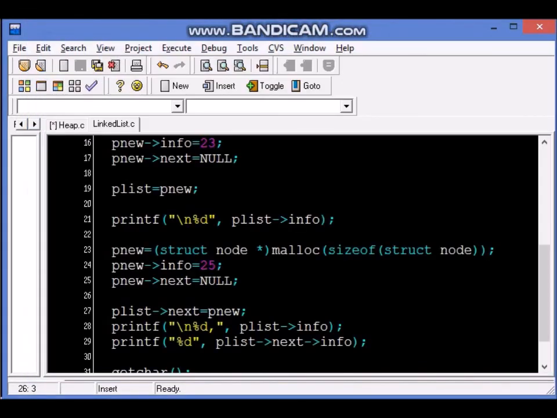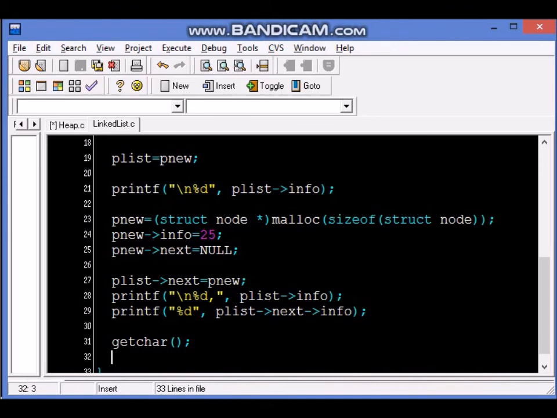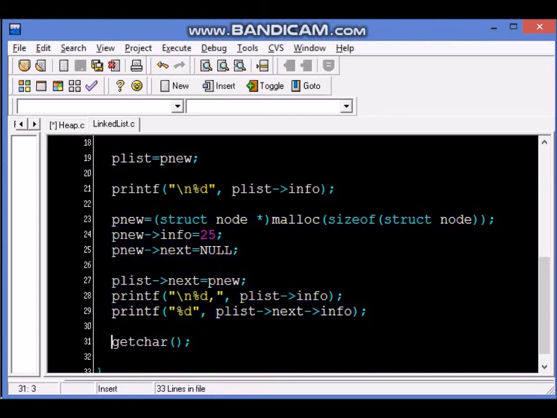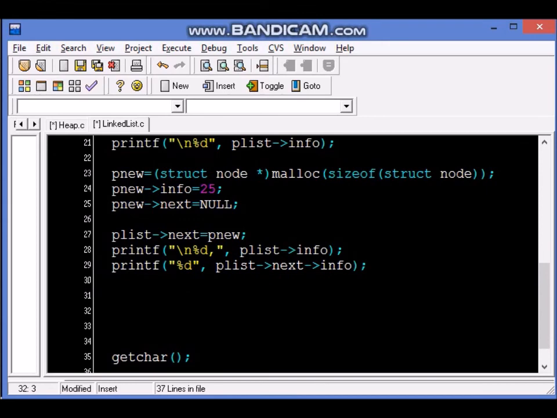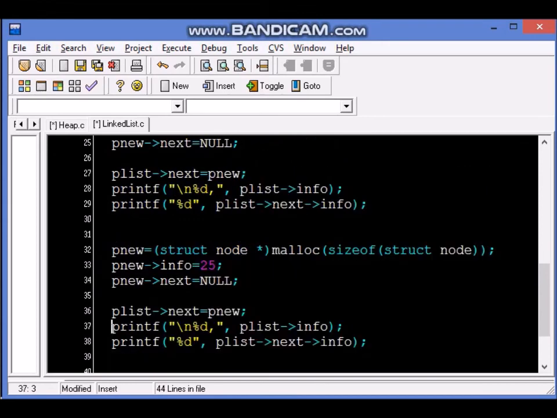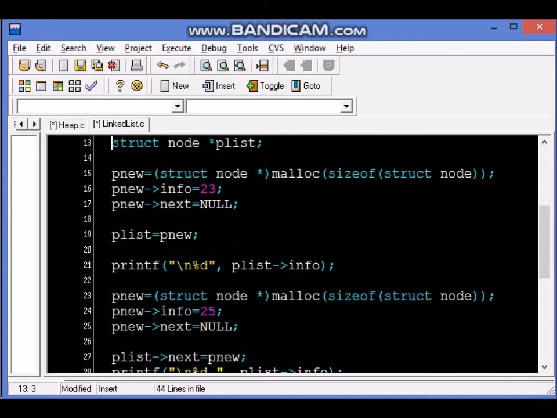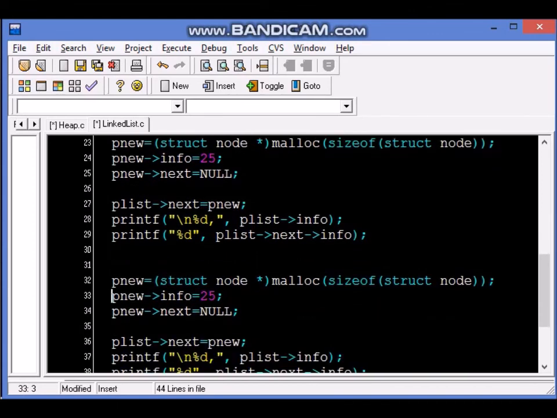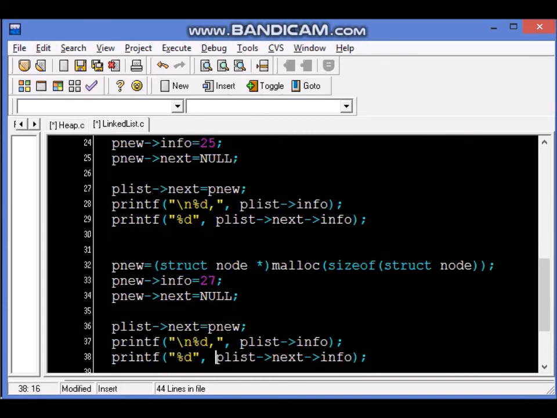Now let us do this cut copy again, and believe me students, if you idly just cut copy and repeat what I am doing, slowly you will start understanding how the pointers get connected. Control C. And I'm just trying to show you, this is not exactly how a linked list program looks like, but we are learning step by step how to do it. We made a node 23, we made a node 25, now I'll make a node 27. And I will connect this up.